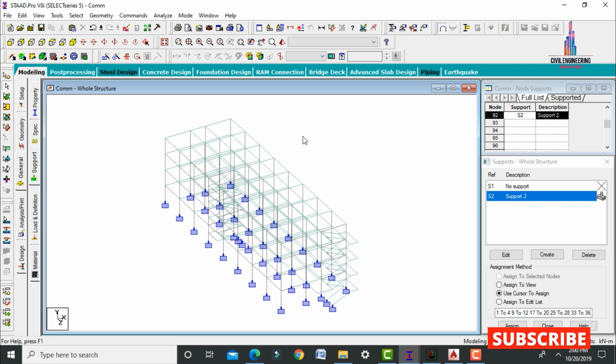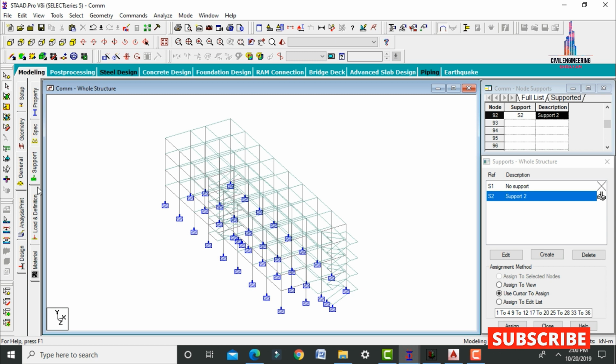So the height of this respected structure will be equal to 3 multiplied by 4, which equals 12 meter, which is exceeding 10 meter. So as per IS 875 code, it is suggested that if the height of the building is greater than 10 meter, we have to consider the wind load. Otherwise, no need to consider the wind load. So as per the height, we need to consider the wind load also.